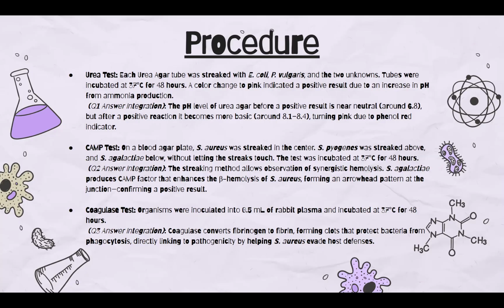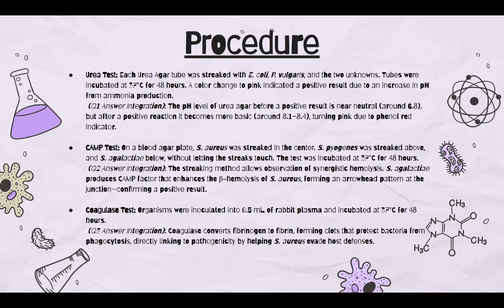For our CAMP test, we followed on a blood agar plate. S. aureus was streaked in the center. S. pyogenes was streaked above and S. agalactiae below, without letting the streaks touch. The test was incubated at 37 Celsius for 48 hours. The streaking method allows observation of synergistic hemolysis. S. agalactiae produces CAMP factor that enhances the beta hemolysis of S. aureus, forming an arrow pattern at the junction, confirming